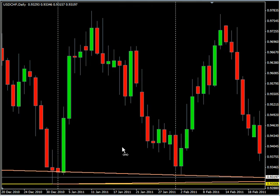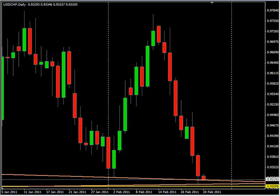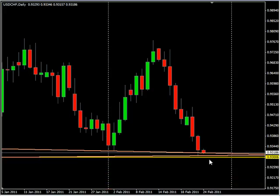is look for the previous area, which is right here. We have some congestion before it tested again, and then it came back up. So most likely this area of support, this area of resistance would be a good place to put a stop loss. You can see it here again. It did pull back in that same area. And for a several hundred pip trade, to have 150 or so stop loss between 150 and there's 150 right there, and a 200 pips stop loss on a trade, if we get a close below,